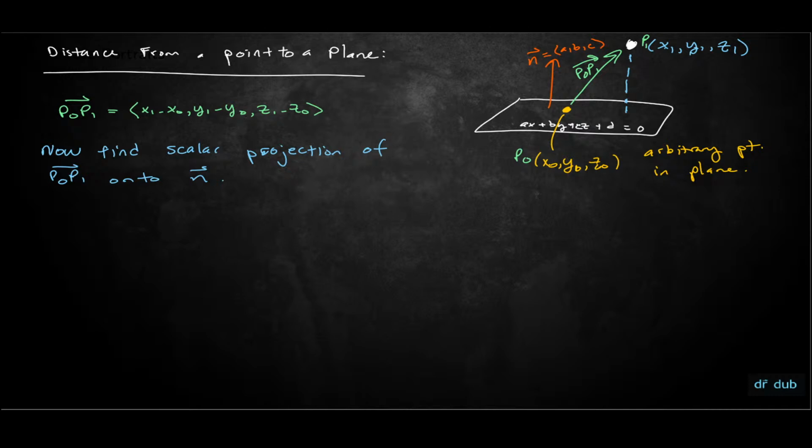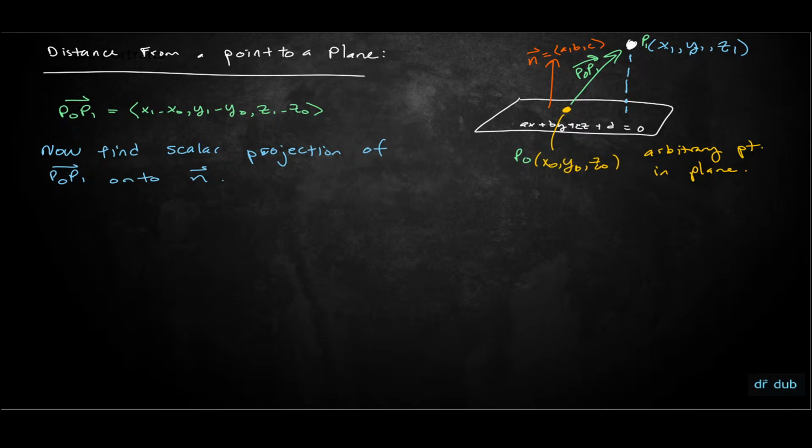And that will be the length or the distance d. So if we project p0, p1 onto the normal vector,